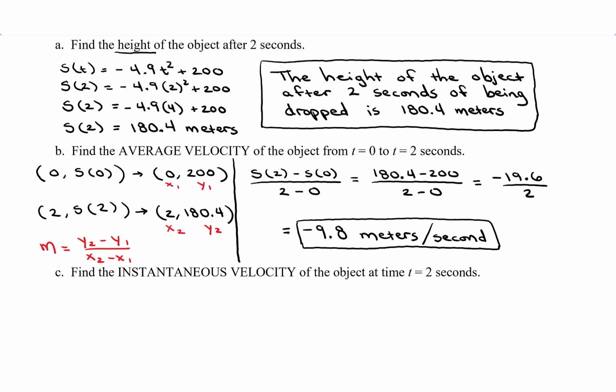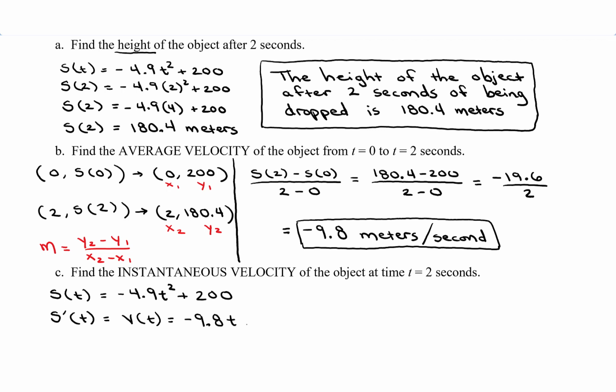C. Find the instantaneous velocity of the object at time t equals 2 seconds. In order to find the instantaneous velocity, we need to find the derivative, the first derivative of our position function. So let's begin by writing out our position function once again. S of t equals negative 4.9 t squared plus 200. If we find the first derivative of s of t, we're going to get s prime of t equals v of t, which is going to be equal to negative